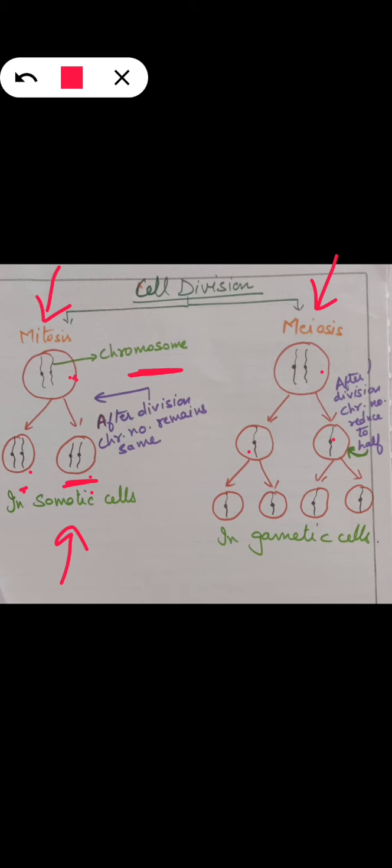So such division is called mitosis, a type of division in which the number of chromosomes after division remains the same. But see the meiosis, when the cell divides into two, in the two new cells which are made, one part of the pair of chromosomes enters one cell, another enters another cell. Clear? So when the number of chromosomes reduces to half, this is called meiosis. So meiosis is a type of division which is a reductional division. Mitosis is a type of division which is an equational division. Equational is equal, reductional is reduce. So the number of chromosomes becomes the same, the number of chromosomes becomes half.